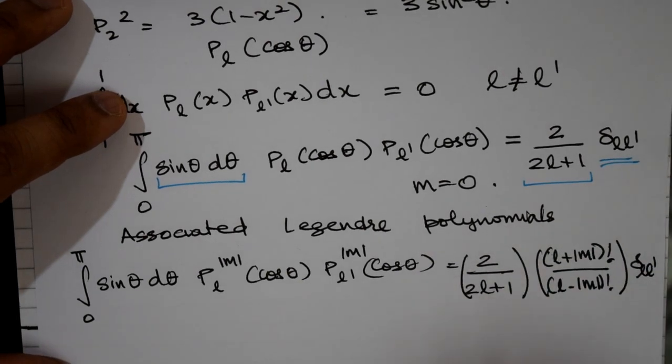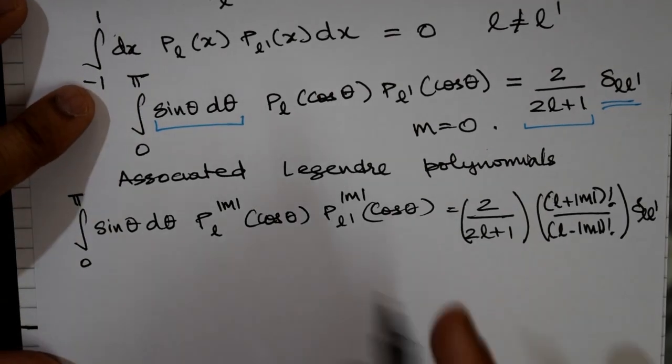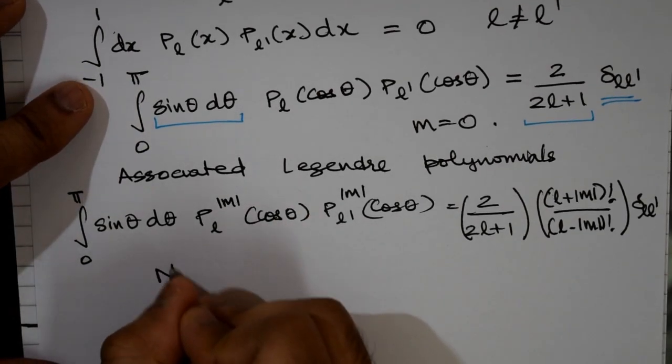Right? So now what this ends up doing is that one could easily normalize this function,